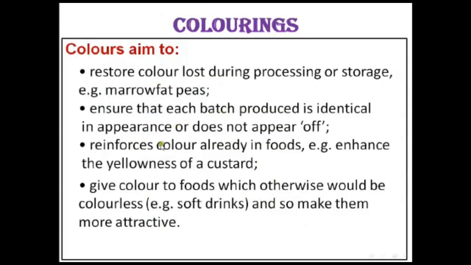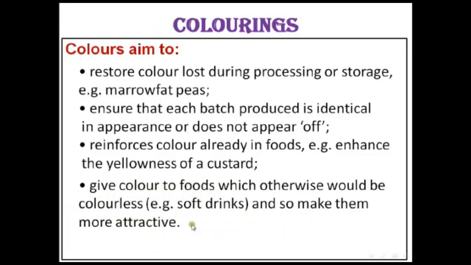So now the colorings: why is there a need for coloring? The main aim of coloring is to restore color lost during processing or storage, for example in marrowfat peas, and to ensure that each batch produced is identical in appearance and does not appear off. The other aim is to reinforce the color already in foods, for example to enhance the yellowness of custard. The third is to give color to foods which otherwise would be colorless, for example soft drinks, and so